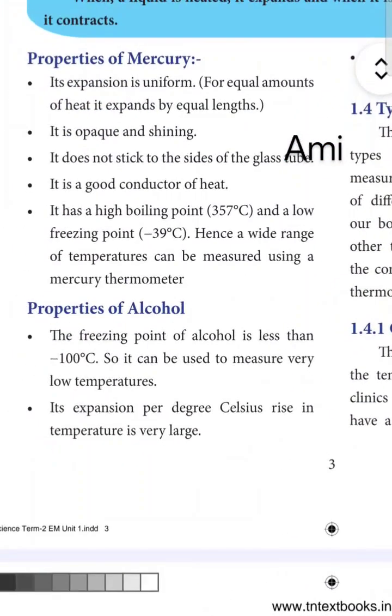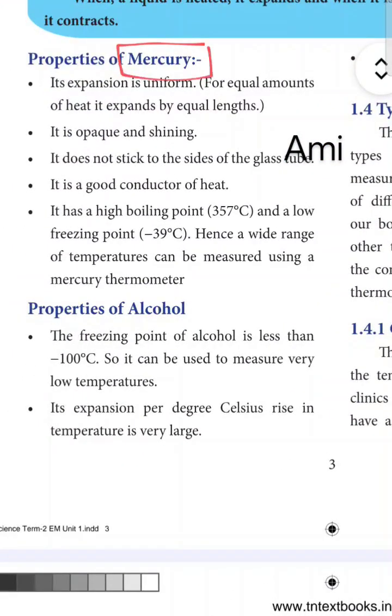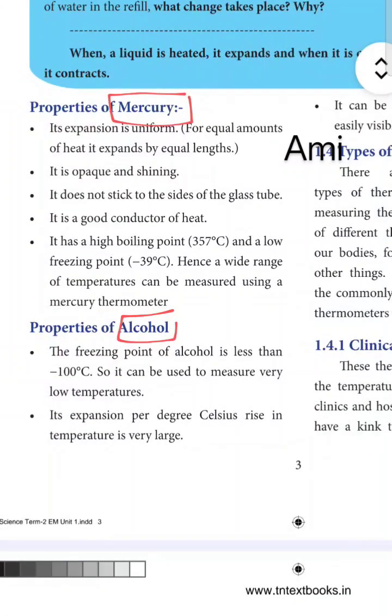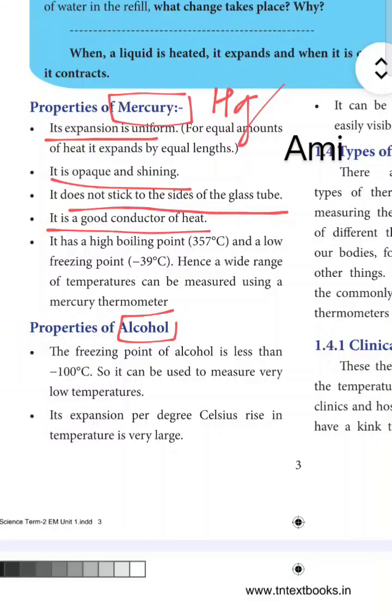We'll go to the properties of mercury. Why specifically is mercury or alcohol used in a thermometer? There are some properties for them. For mercury, its expansion is uniform. It is opaque and shining. It does not stick to the side of the glass tube. It is a good conductor of heat with a boiling point of 357 degrees Celsius and a freezing point of